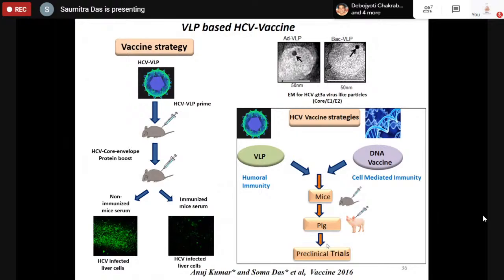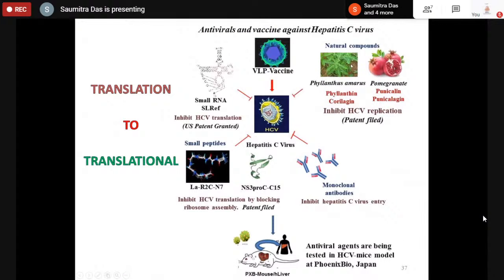If it works out, this is customized for hepatitis C virus in India, which is made for genotype 3A. And we are also trying to see if we are successful, this will be the first vaccine, because we still don't have the vaccines. So as Debujiti was showing how to translate from a simple observation into a translational thing,